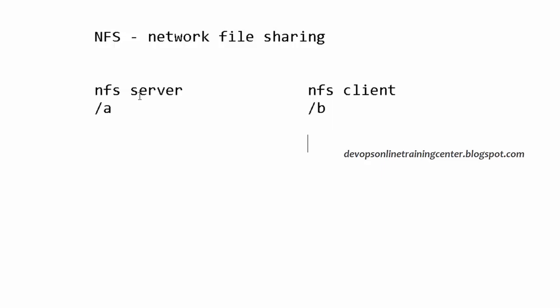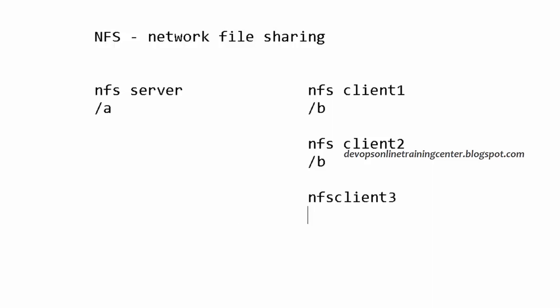So we can have one server and we can have multiple clients. So this /a can be attached to /b/c from different machines, right? For example, NFS client 1 is there. The same way, let us say I have another machine which is NFS client 2, right? And here also we have, yes, at root level. I mean, it can be any directory, it doesn't matter.